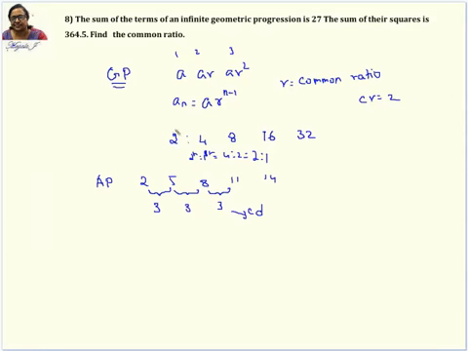The first term is 2. The second term is nothing but 2 into 2; 2 is the ratio, and this is the first term. Here in this case, the third term is 2 into 2 square, r square, which you said. The next is 2 into 2 cube, 2 into 2 power 4, and so on. Clear? Any doubt in this? No, ma'am. Okay, so this is GP, geometric progression.